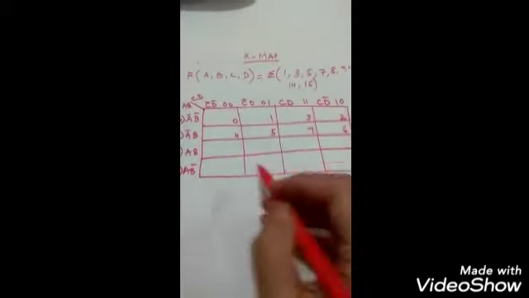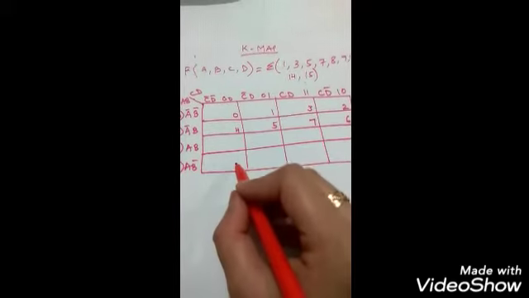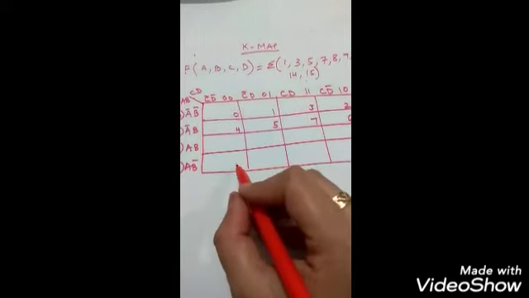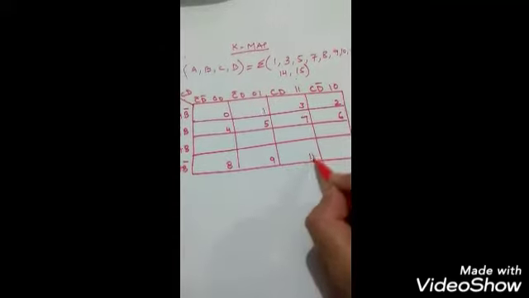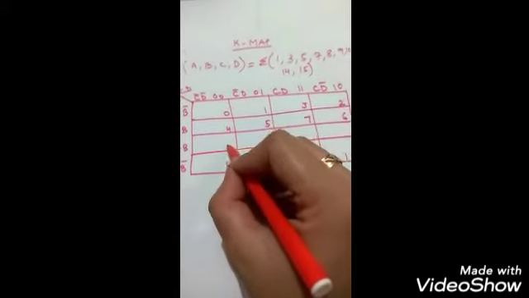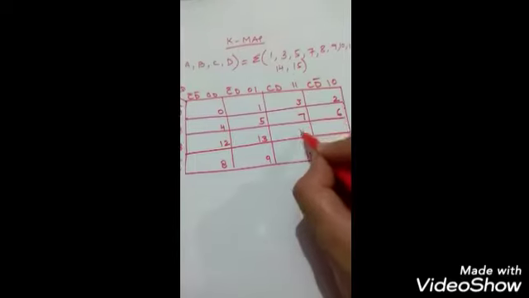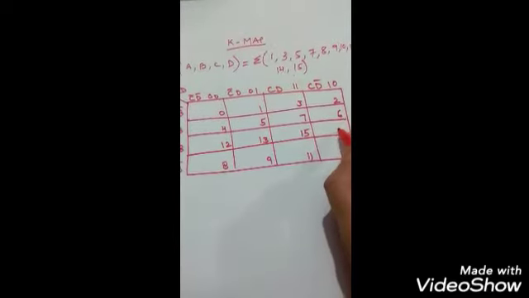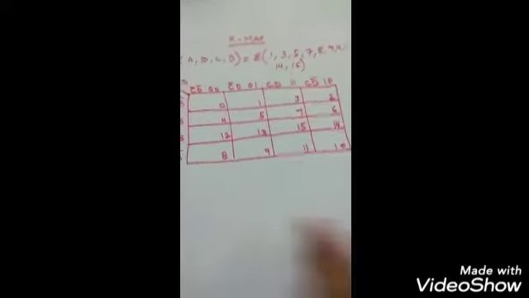If you don't know the numbering or filling of the K-map, then see the previous video. I have explained each and everything, how you are going to fill the K-map and how you are going to write the numbering in the K-map. So just watch the previous videos, and in case of any doubt, it will be clear to you how to do the numbering of the K-map. So now we have done the numbering.